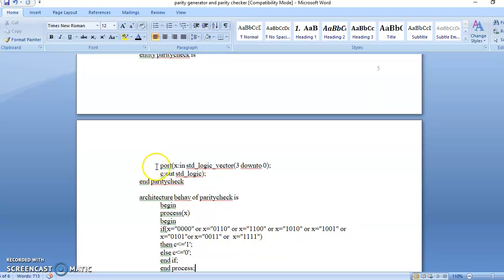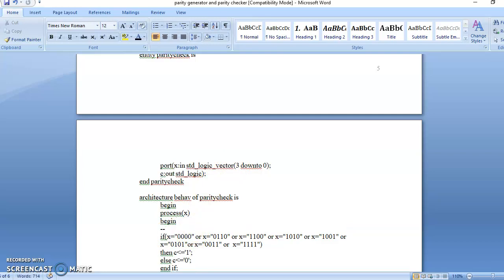I told you, if you don't want to take X, that is the input, in array form, then you have to test each and every bit. So you have to write the logic, and here I'm using comment statements.